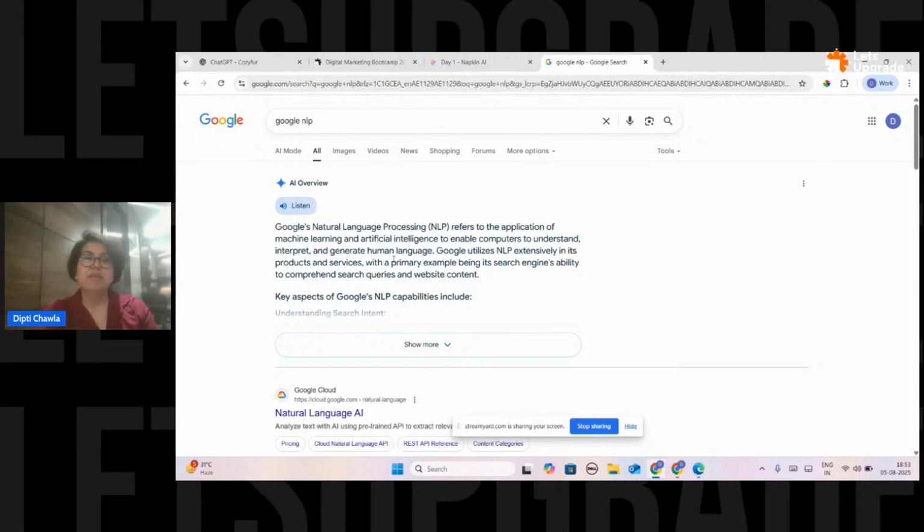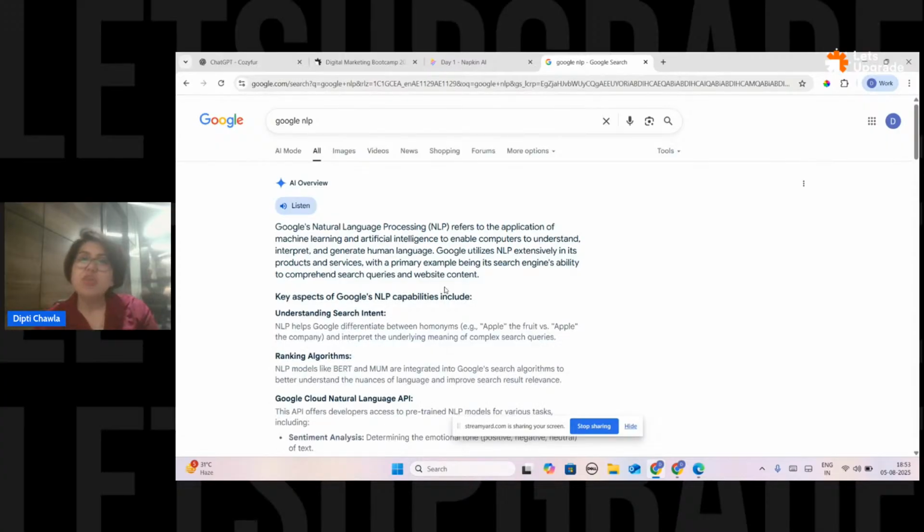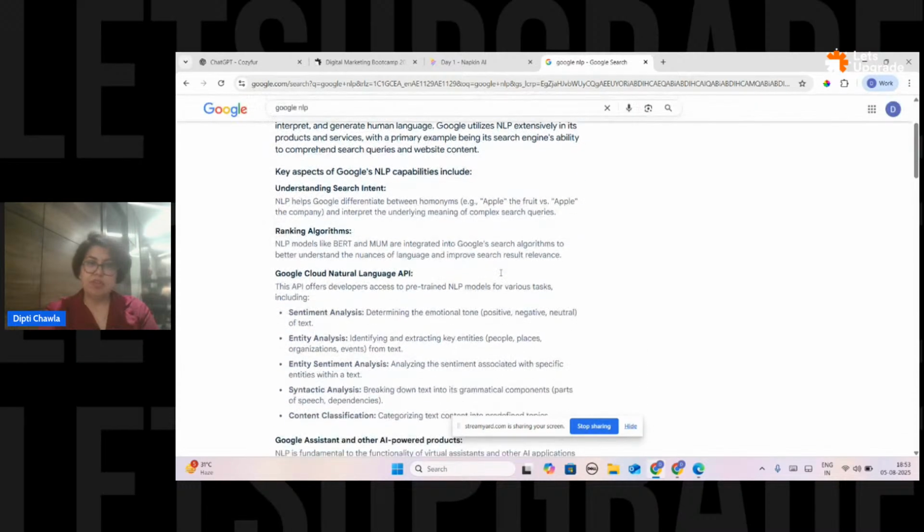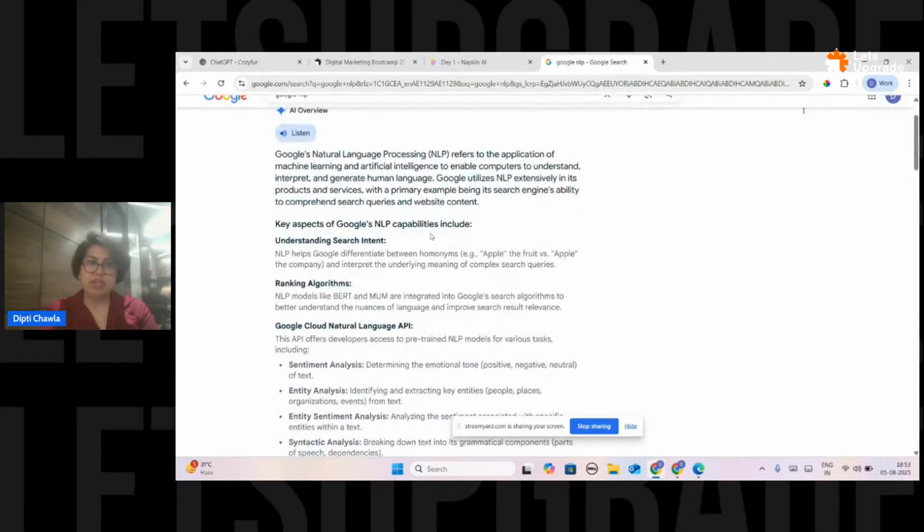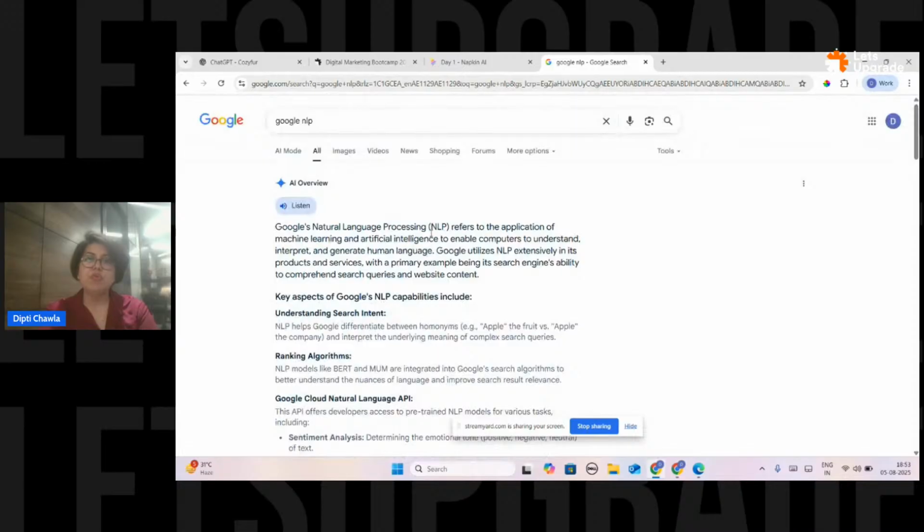Basically, you can see the definition: it helps to understand the intent of the search. Accordingly, things get logged in. Please search and read about it. It's really important to understand today, because marketing is more dependent on search rather than the old method of keywords.